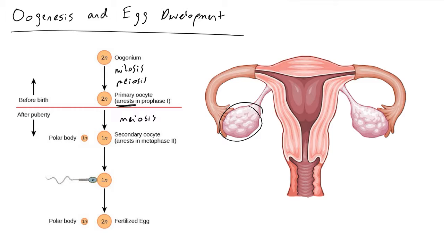So after meiosis occurs, one of the two daughter cells that are formed will have a lot less cytoplasm than the other one, and this is called a polar body. And these polar bodies will simply wither away and die within the ovary. And what will happen next is, in the process called ovulation, the non-polar body daughter cell, the haploid daughter cell that came from the primary oocyte parent cell, will enter the fallopian tube, and it will stay in the fallopian tube for about 1 month,